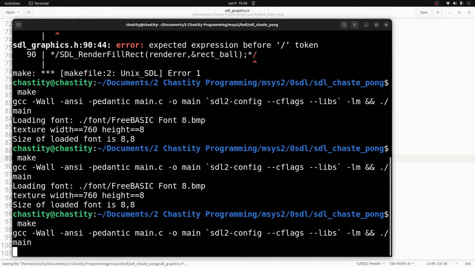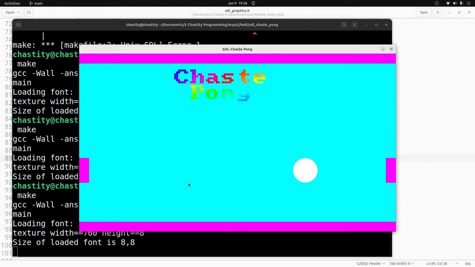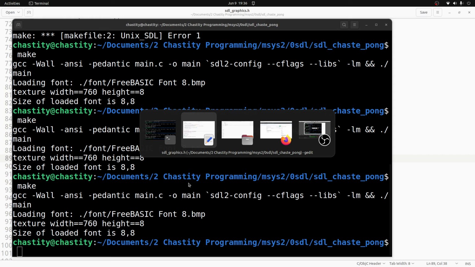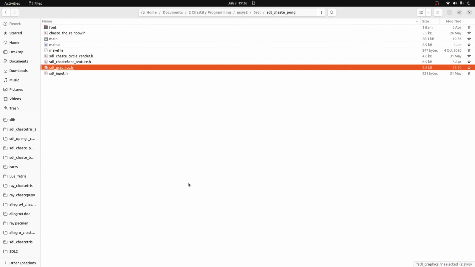I haven't changed the graphics code at all, really. I mean, I haven't changed the collision detection. I've changed the colors. So why did I change the colors though? Well, there's something I have in mind here. So what I'm actually going to do